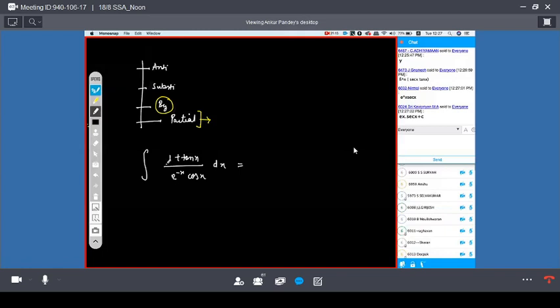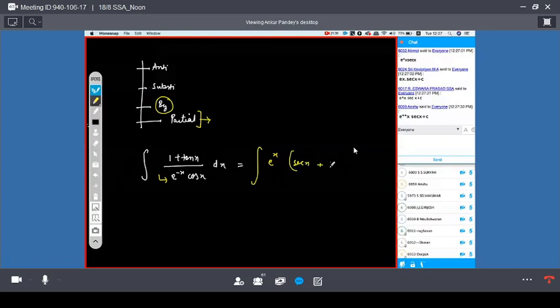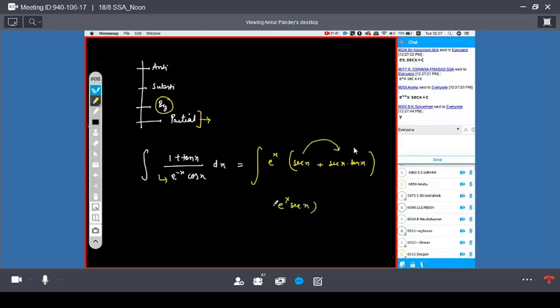Very good. The only twist they tried is that if they write this, you won't remember that. You strictly remember the format. You said e to the power x is the actual position of this, okay? And 1 by cos x is secant x, plus tan x by cos x is secant x into tan x, right or not? And you know the differentiation of this is this, so the answer will be e to the power x into secant x. Got it?